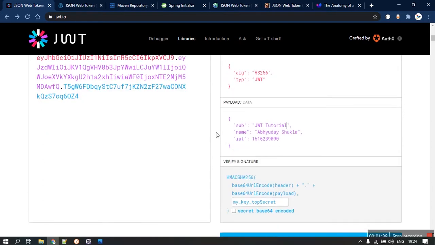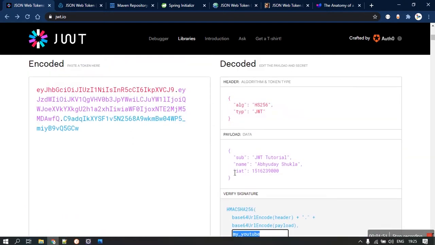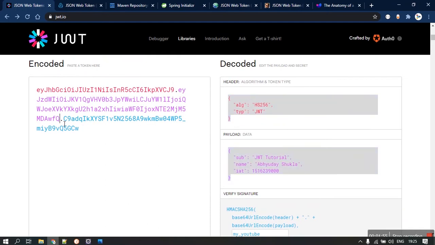Now what we are going to do is use one secret key. So my YouTube, this is the key that was used to encrypt this data, and a signature was generated.